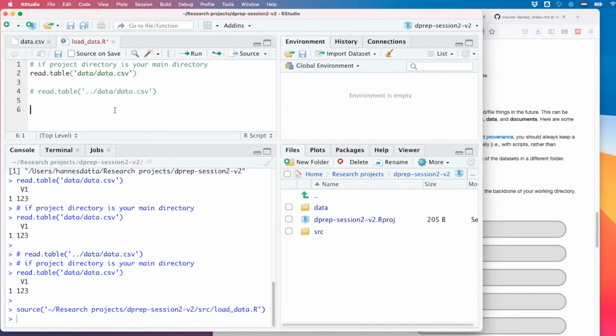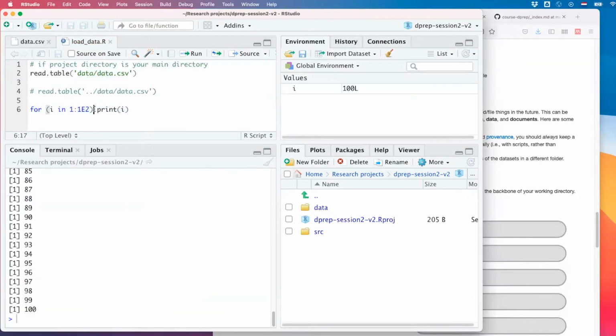Now I'm creating a little code that takes a long time to run, all right? For i in 1 through 1 million, print i. Let me just prototype this from 1 to 10, right? It's going to print it. If I do this up to 1 million, well, let me do maybe 10,000. This doesn't take a long time, so let me do it to 100,000. This takes some time. Okay. In R, you will have to deal with waiting for stuff many times.